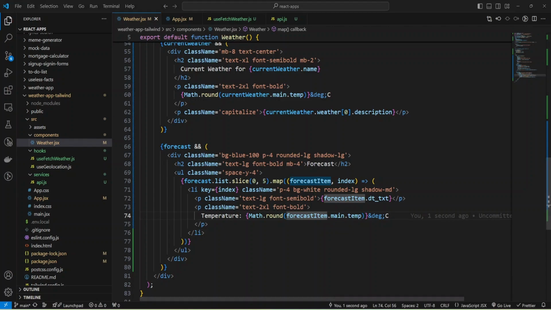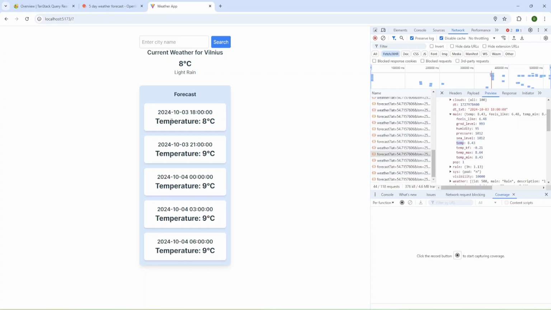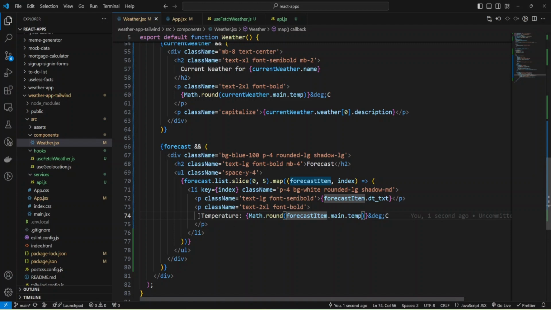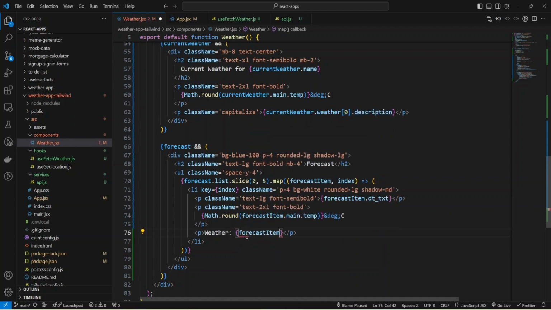Let's check. Okay, we have our temperature, and actually we can remove this text, and let's add description, paragraph, and also paragraph, and add some text, and use the same value, I believe, but use forecast item and use the same value.